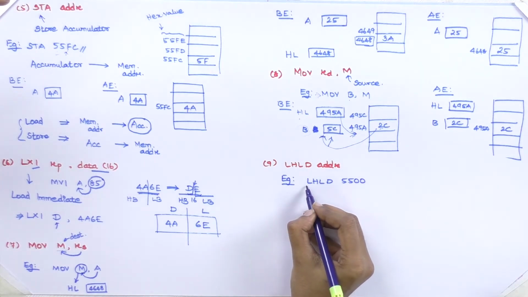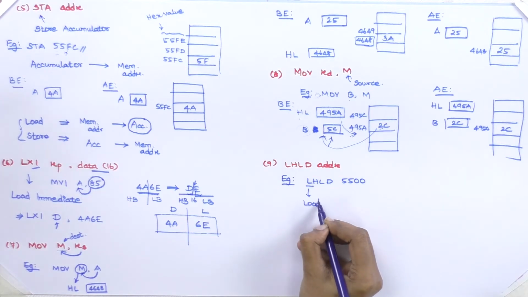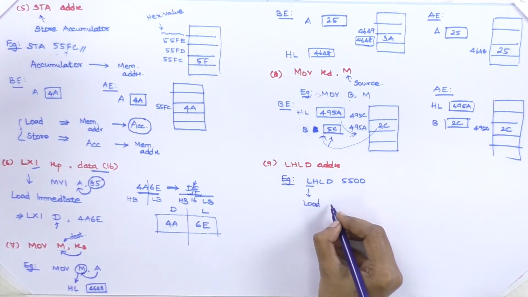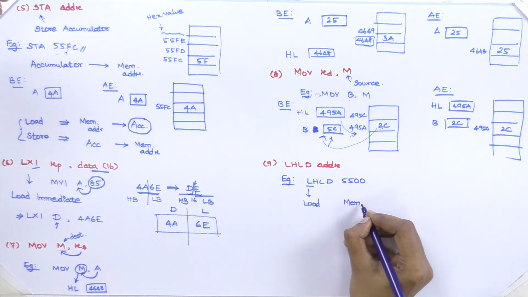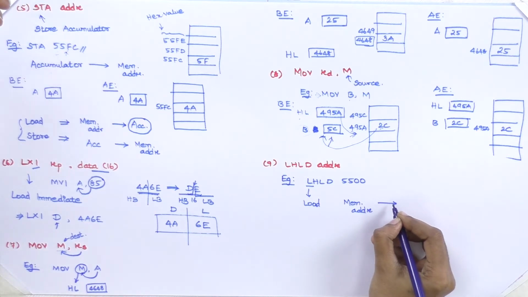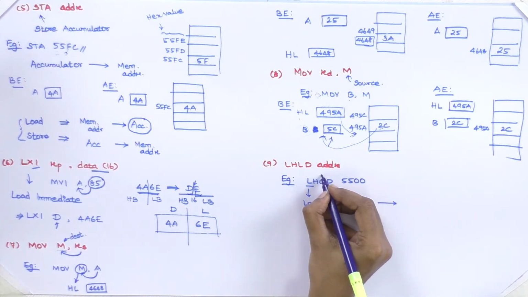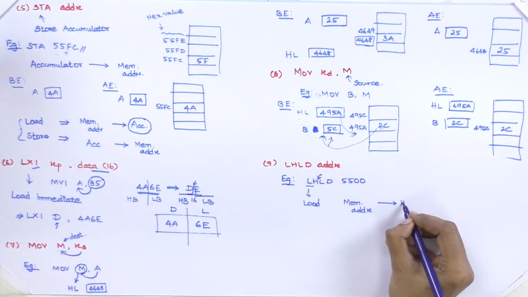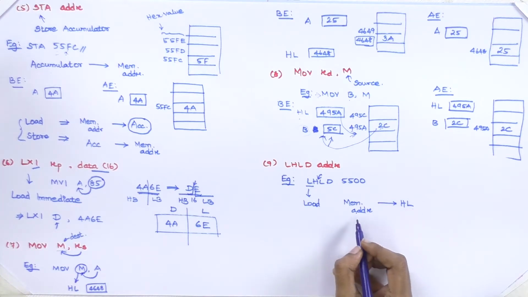What does L mean? It means load. What the load operation does is take some value from a memory address to the processor, meaning some registers inside the processor. Here they have mentioned HL. So from the memory location to the HL register pair,